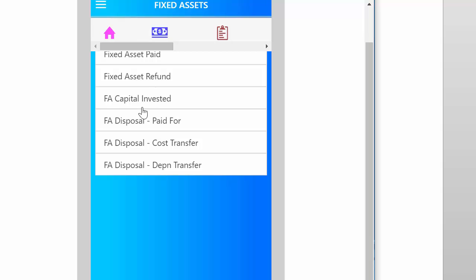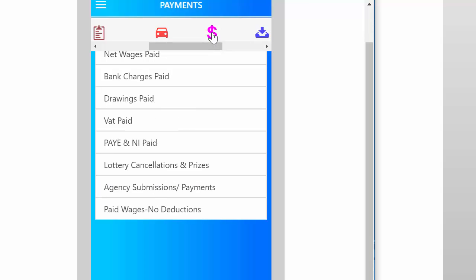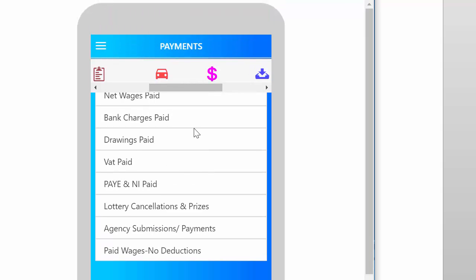And then here we've got fixed assets capital invested, fixed assets disposal paid for, fixed assets disposal cost transfer. These last two should be journals. And then after fixed assets, we have got payments. Now here we need to look a little bit at